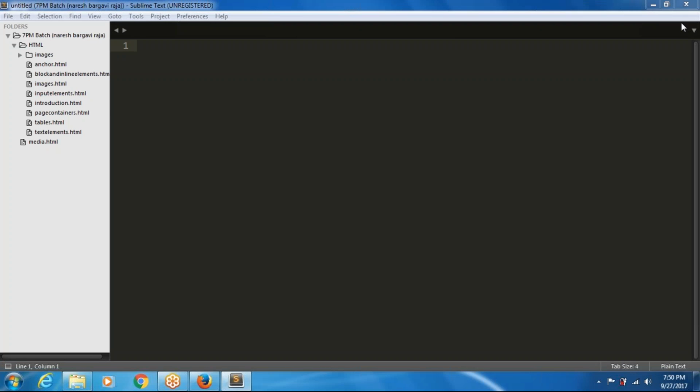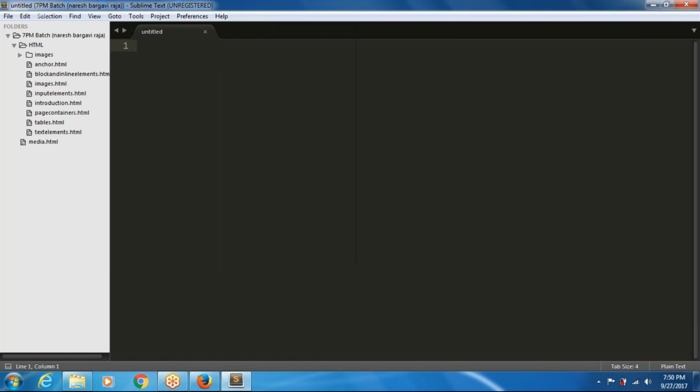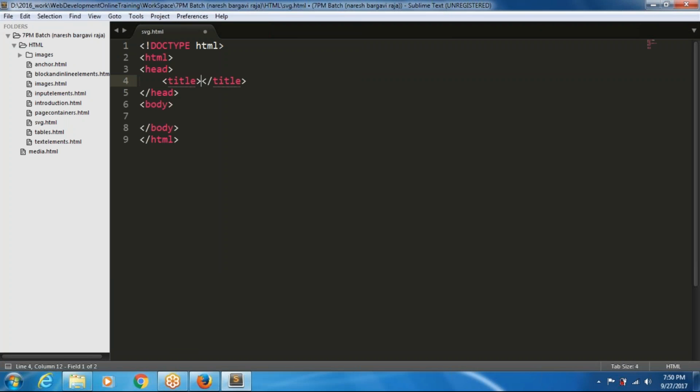Okay, so first of all, let me take one file, svg.html. Okay, type html svg. So generally, if you want to render any graphic on your web page, we need some